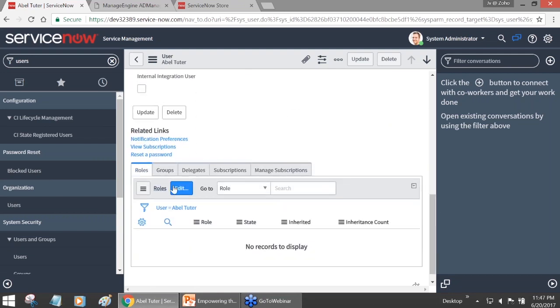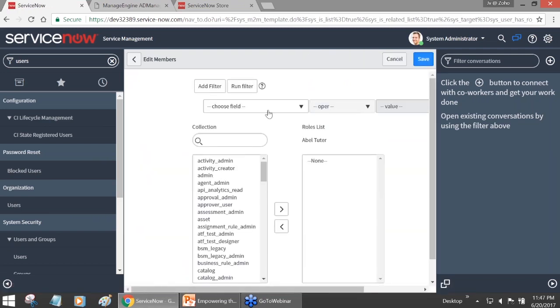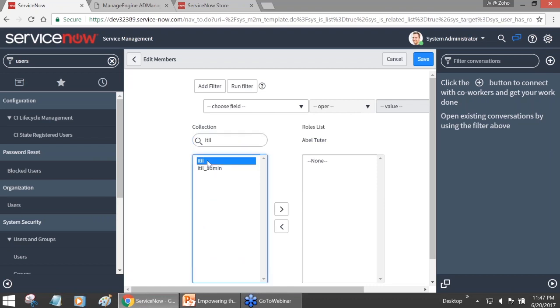Yes. So this specific provision right here gives me the option to assign him the specific role. Clicking on edit and looking up for the fundamental role, which is the ITIL role,